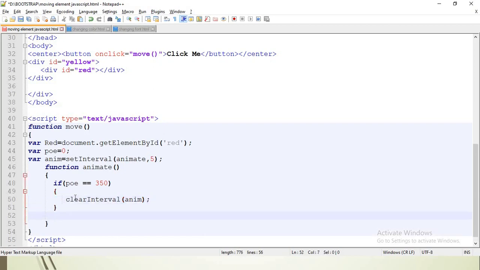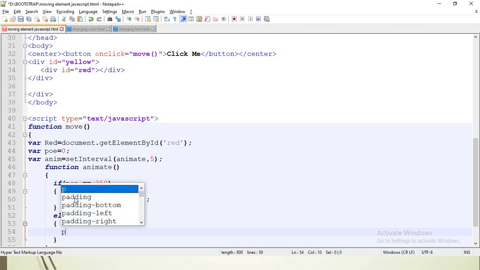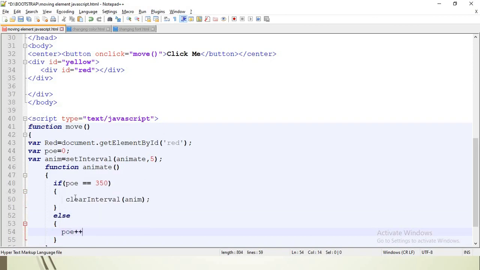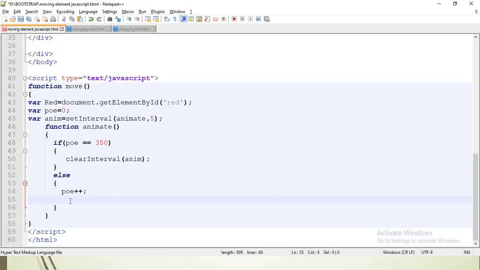Else, if it is not equal to 350, I have to increment the position every time. That is POE plus plus, for every pixel I have to increase the position of the element each time. So that is why POE is incrementing here, POE plus plus.